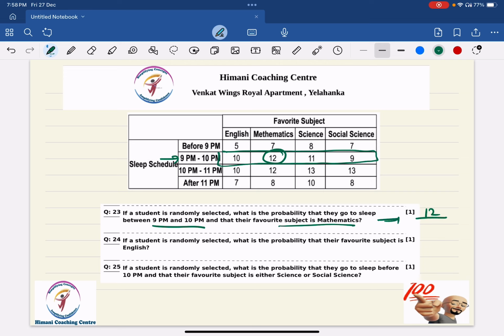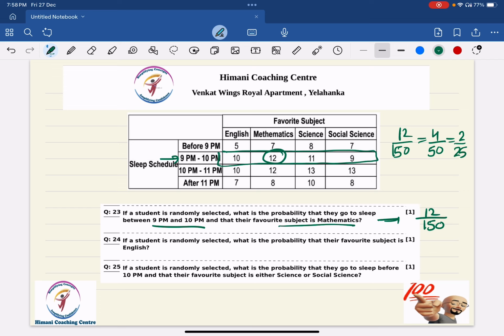So 12 by the total number of students, which is 150. Now you can just simplify this. Let me do it here because I need some space. We can divide by 3, so 4 by 50, and then divide by 2 and get 2 by 25